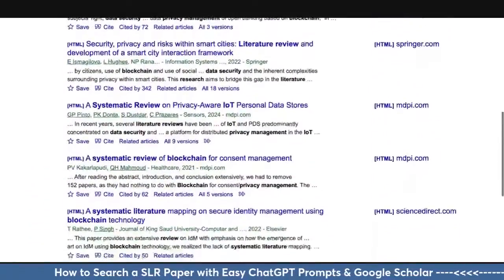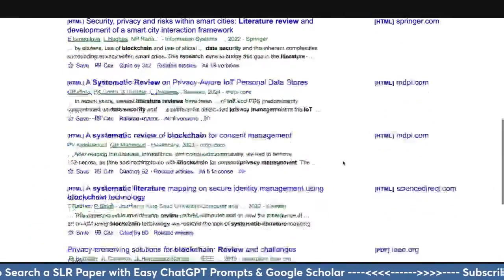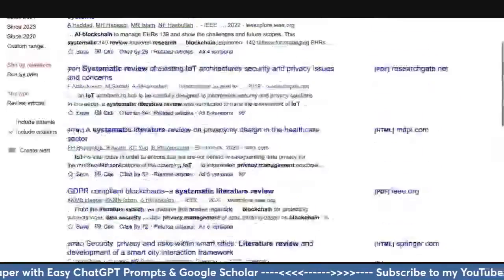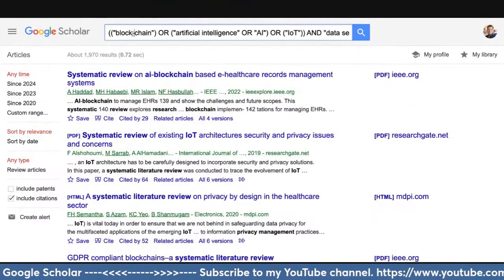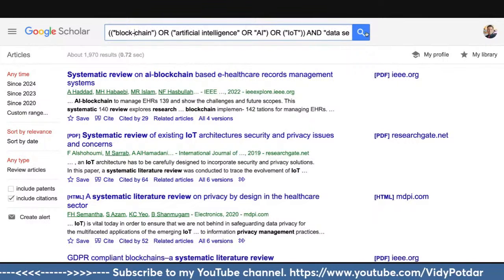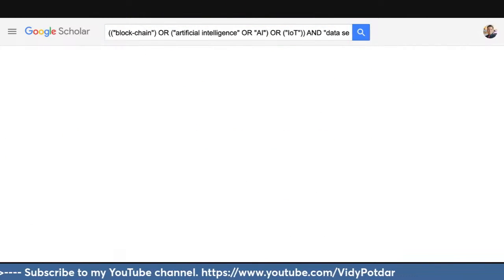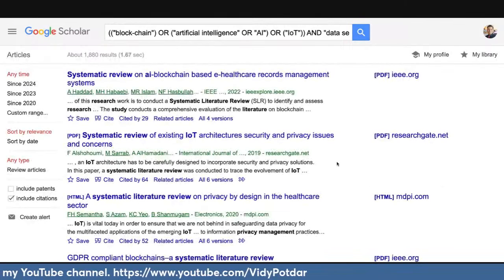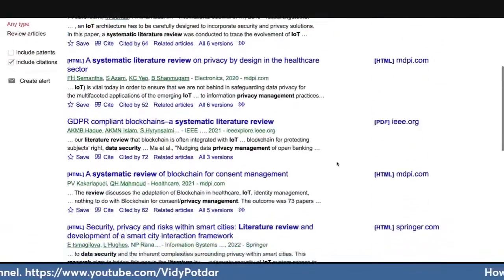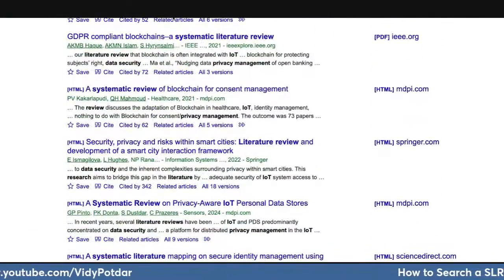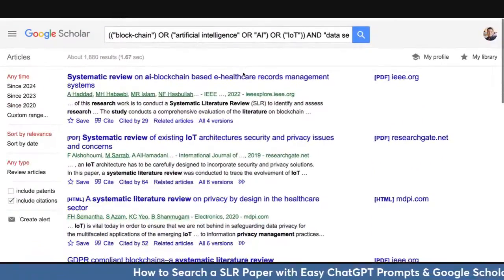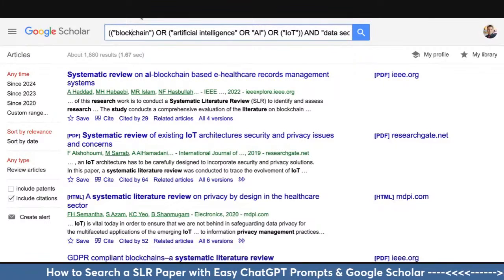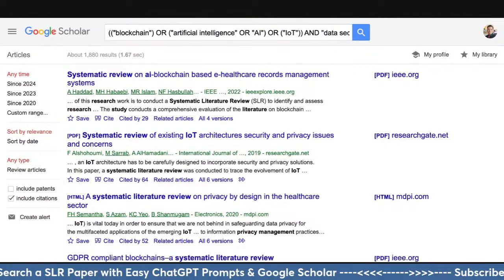And sometimes what is also important is you have to try and change some words or some alphabets here and there. Sometimes what happens is blockchain is also written like this many a times, or block and chain are written separately. So sometimes you may get additional papers by trying the different variations of the keywords. Okay, so I'll take this back. All right, so similarly you can see if I go back to